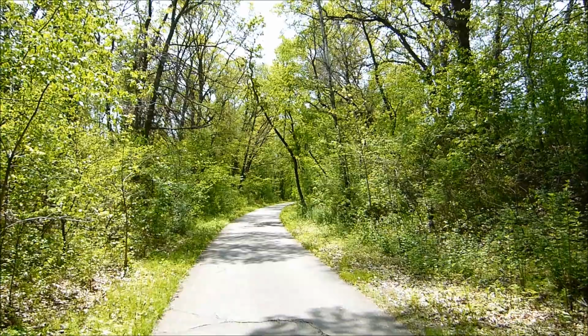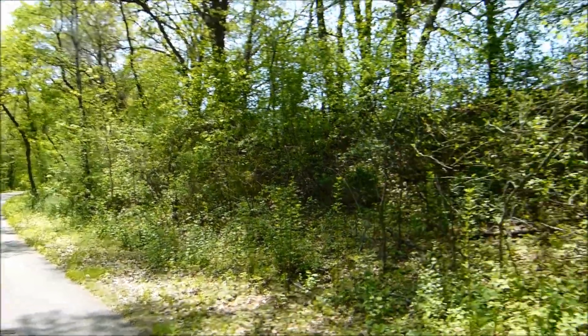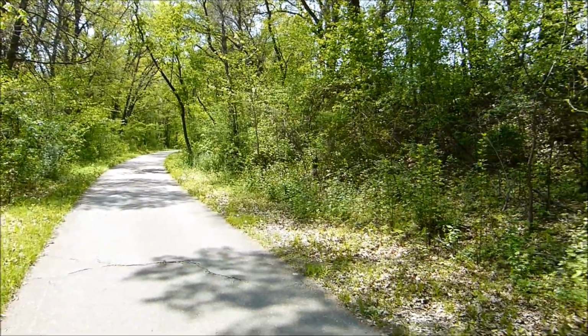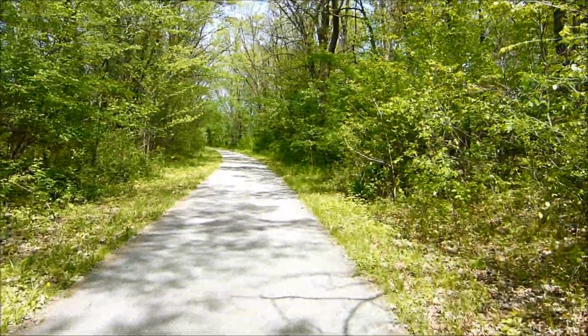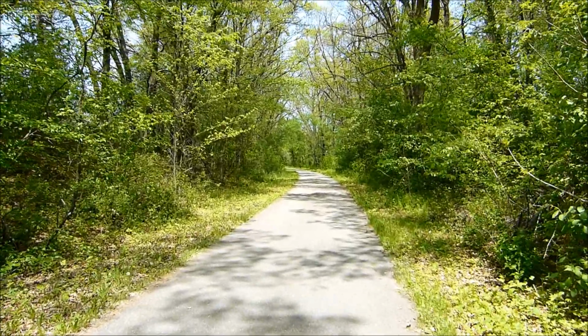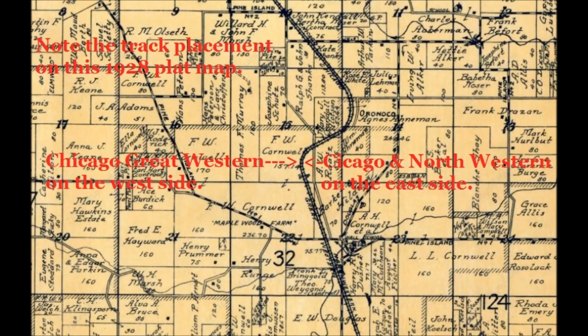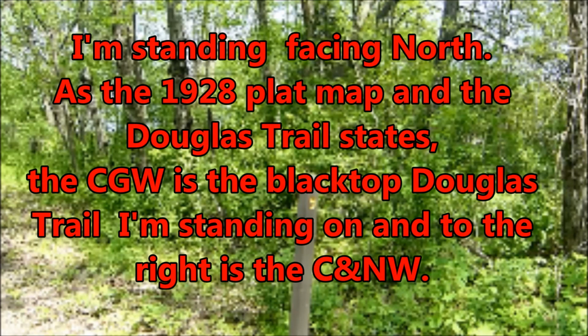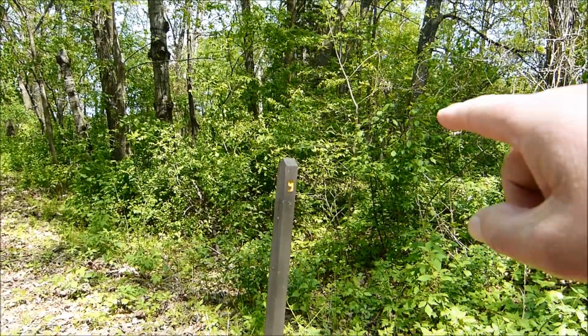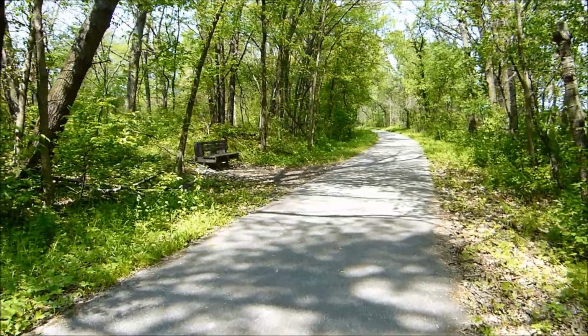In fact, it winds up being a deeper cutout, and these hills wind up about 25-30 feet above the trail when you're down in that direction. So I know that depot had to be down here, maybe where the bench was. This is your trail marker 9. There's your